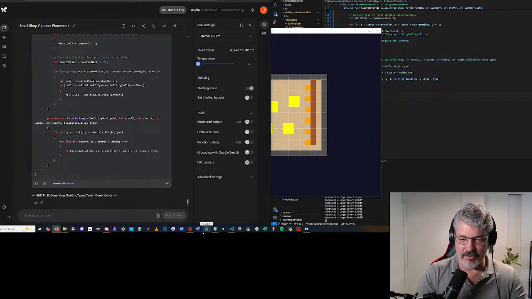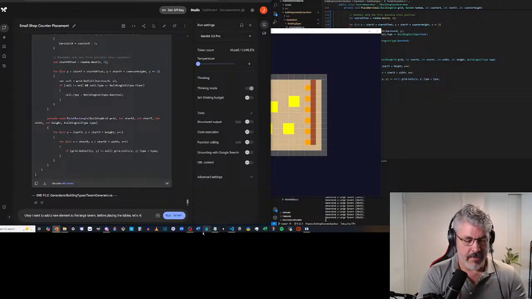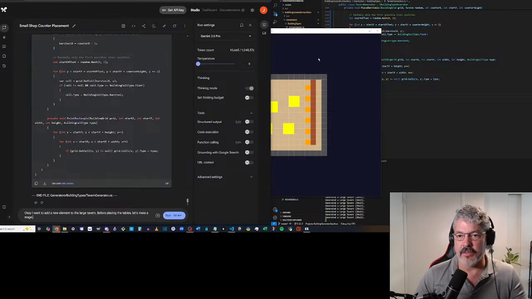I can't help myself. Okay, I want to add a new element to the large tavern. Before placing the tables, let's make a stage. What color should the stage tiles be?